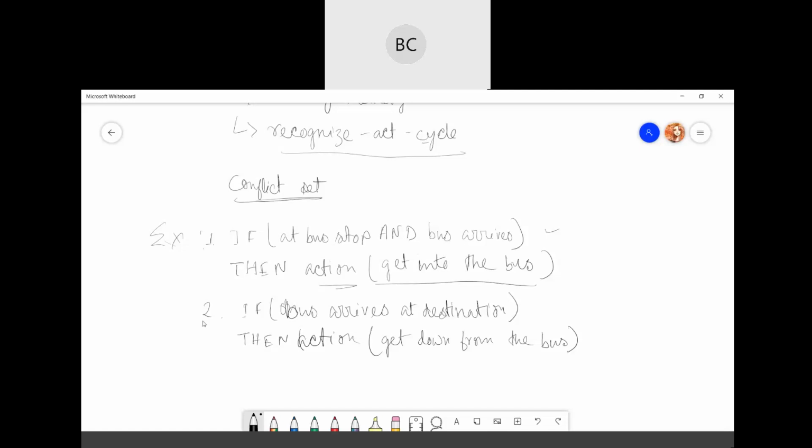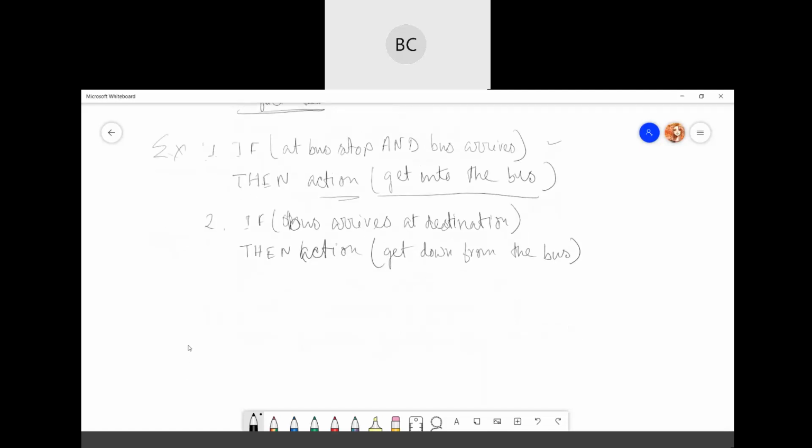Okay, then you can add many other rules if you want. For example, you can keep if on bus and unpaid, then action should be pay charge. Then you can add some more sentences like if on the bus and paid and there are empty seats, then action like sit down, right? So it's up to you what type of sentences you want to add. Just that the formation will be like this. Okay, is it clear?